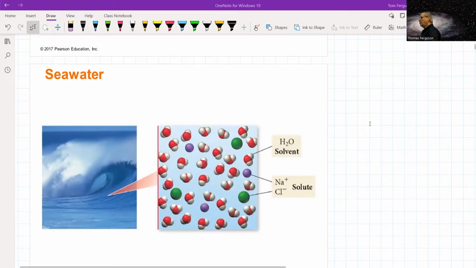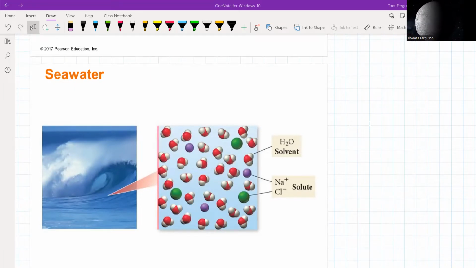Every solution, no exceptions, has two parts. It has a solvent and a solute. One solvent, one or more solutes. You can have 10 solutes, but you can only have one solvent. Solutions are not confined to liquids also. You can have any two substances that are homogeneously